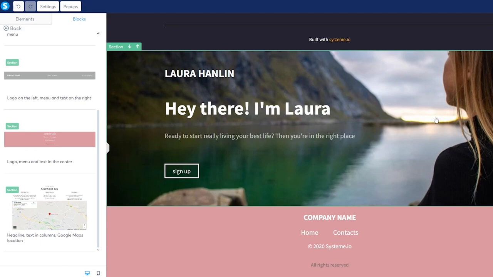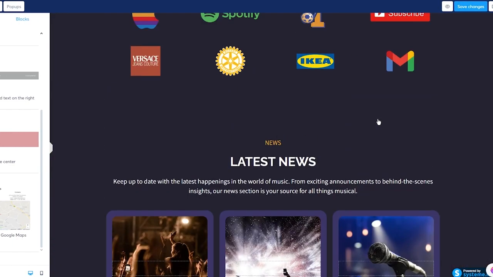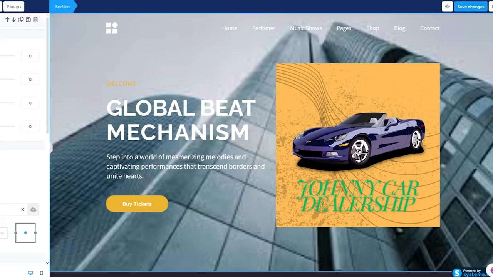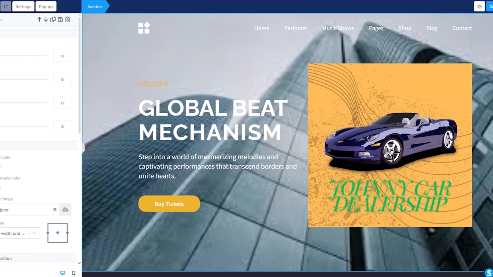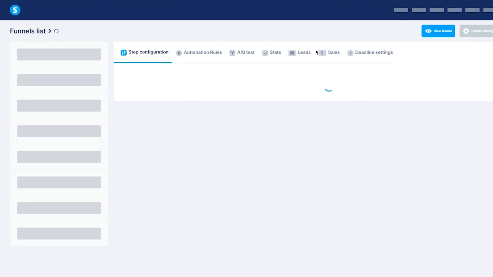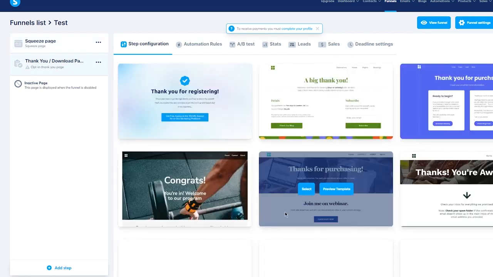Now, once you have done all of this, what you're going to do from here is move over to the top right section and click on Save Changes. So once we click on Save Changes, that saves our squeeze page. So once our squeeze page is done, we are going to go back over to the main dashboard section, and in the dashboard section, we're going to start on our thank you page. So the thank you page, you don't spend a lot of time on